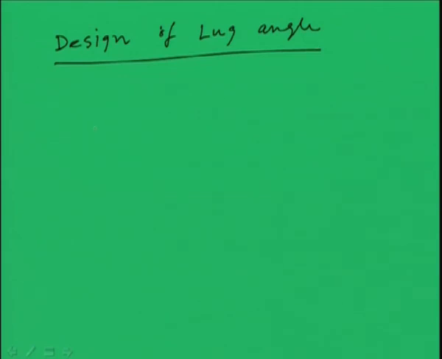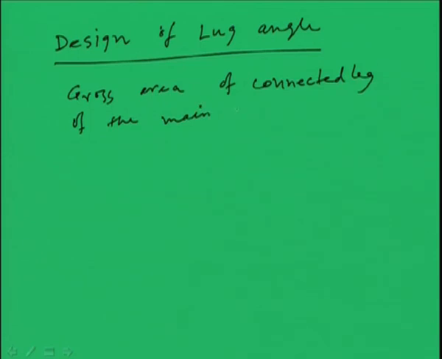So now the gross area of the connected leg of the main angle section we have to calculate,